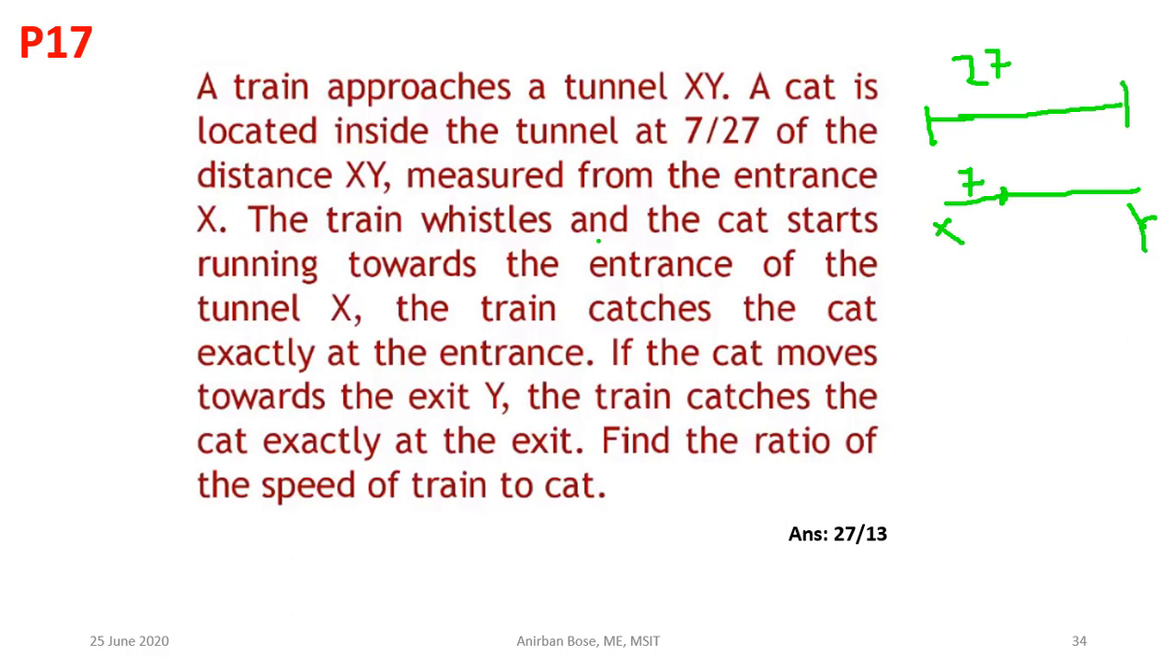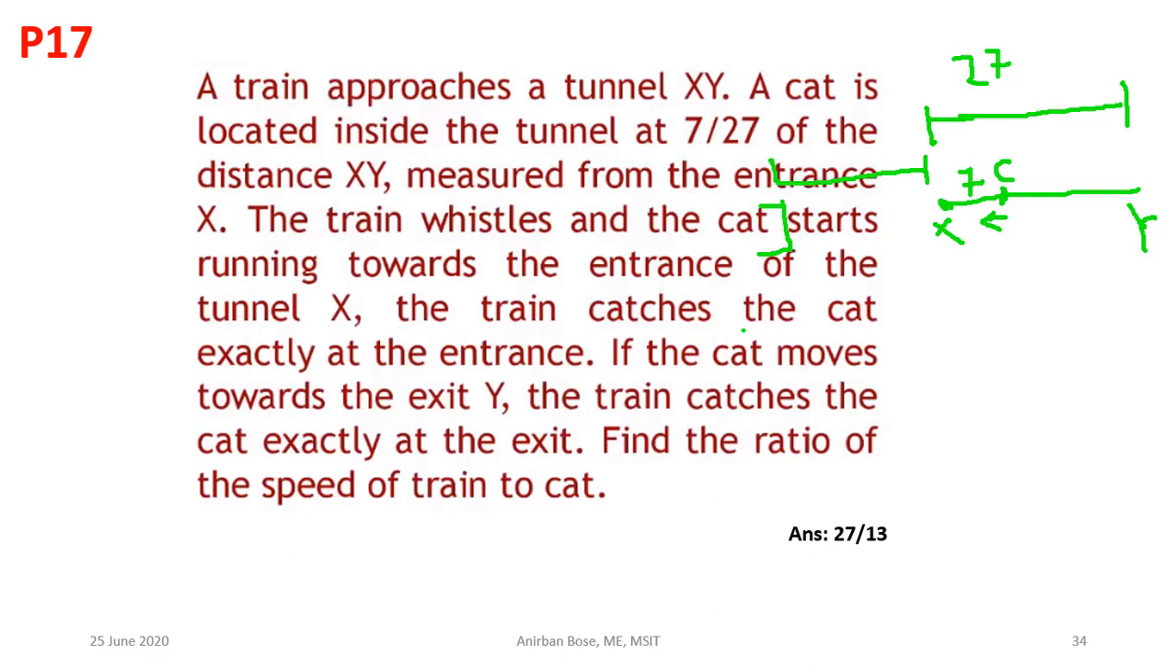The train whistles and the cat starts running. Suppose the train is here somewhere, away from the entrance, and we do not know how much distance away from the entrance, but when the train whistles, that means at this position, suppose the train whistles, then the cat starts moving towards the entrance of the tunnel. So the cat starts moving from this position to here. So this is the initial position of the cat when the cat hears this whistle,